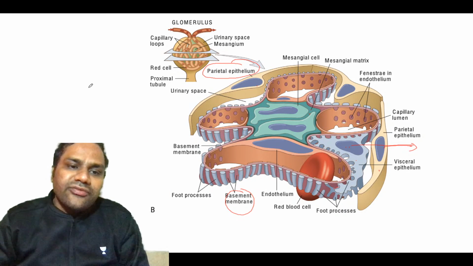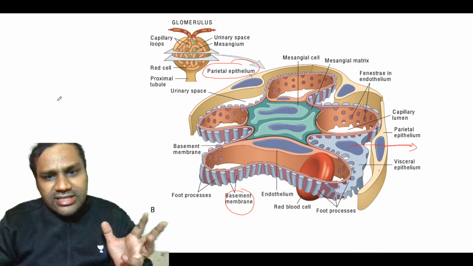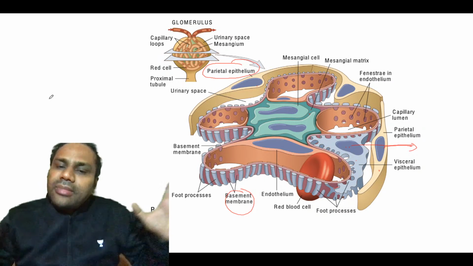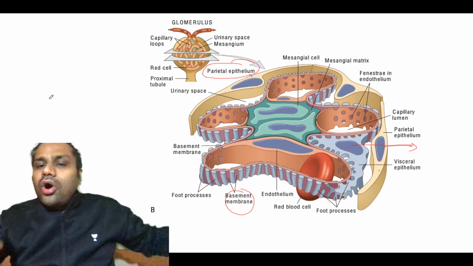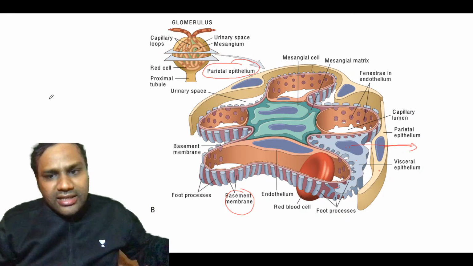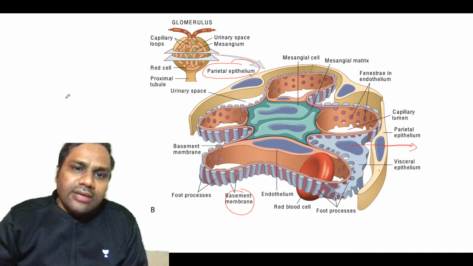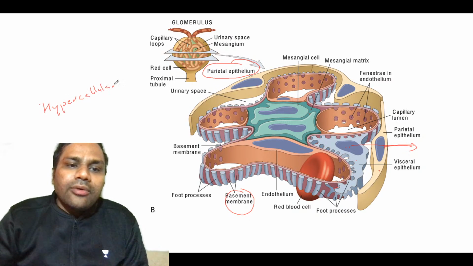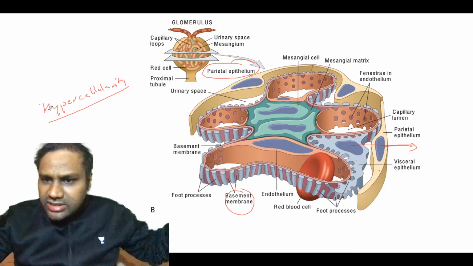So firstly we need to see the cellularity. Whichever disease you describe, the first thing in the microscopic picture is whether it is hypercellular or not. Either hypercellularity is shown or it is not. So the first thing you need to see is hypercellularity. I have already discussed this, so today we have discussed the basic points.